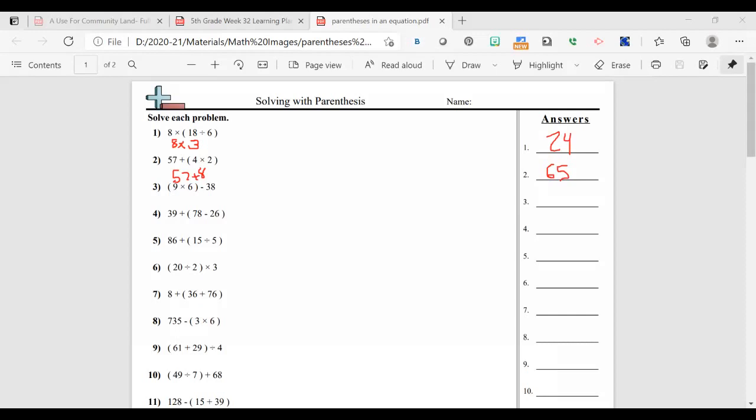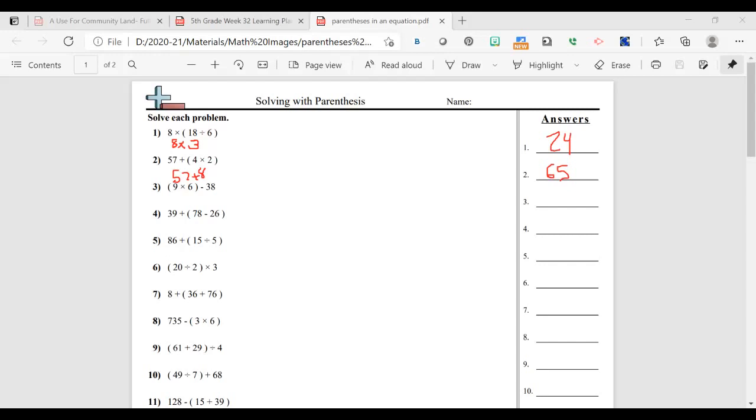So do the parentheses first, no matter where it is, and then whatever the remaining operation is. If you're in the physical classroom, you should complete this page and turn it into the bin. If you're at home, go ahead and fill it in on the Google form. And keep in mind, if you're doing the Google form,